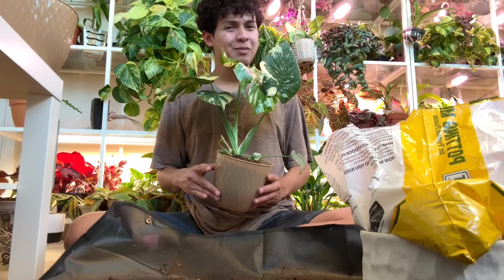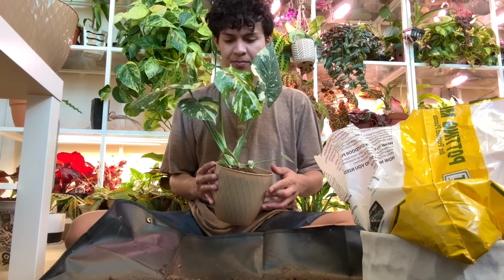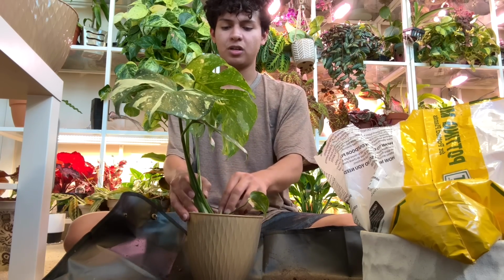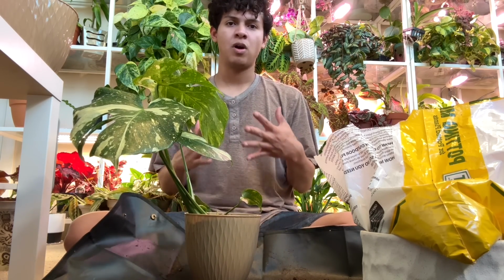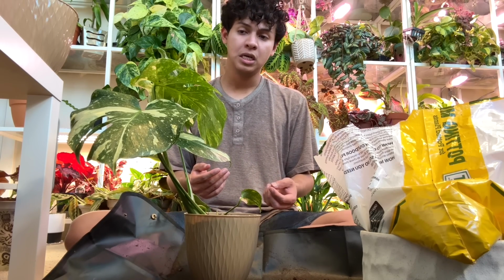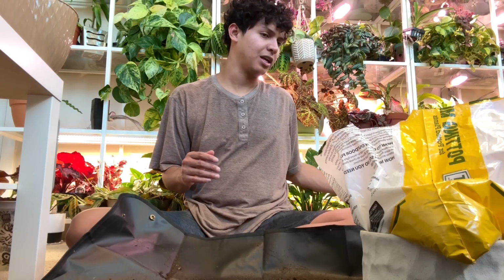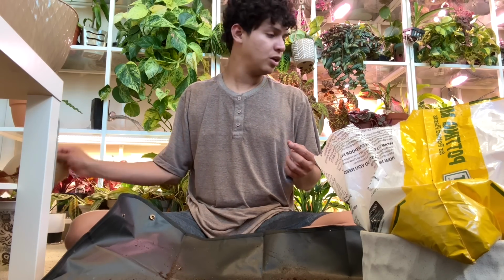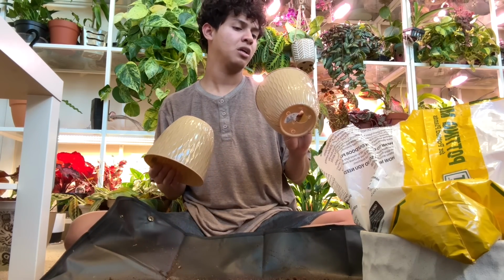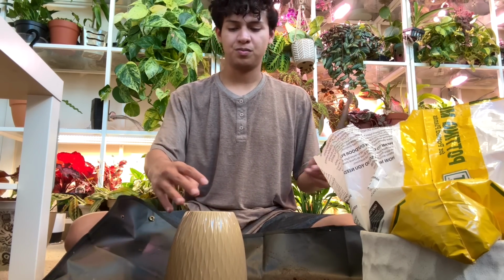I feel like I need to give her something to climb on, because these girls, a Monstera deliciosa when they're small, need a lot of light. And I know they're kind of heavy feeders. They want some good fertilizer every now and then. And they want something to climb on, right? So I might need to get a plank of wood or a moss pole so it can go up and follow the light. Or put it against a wall. I don't know, because I know the roots are pretty aggressive and rough on walls. They're pretty thick. So I want to try to find a wire mesh, or coffee filters, because that's way too